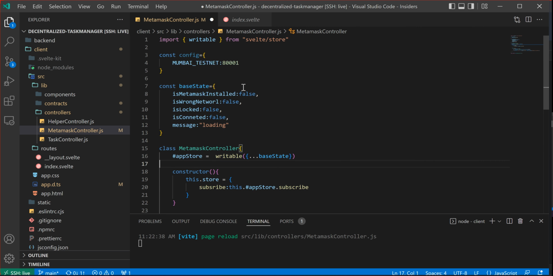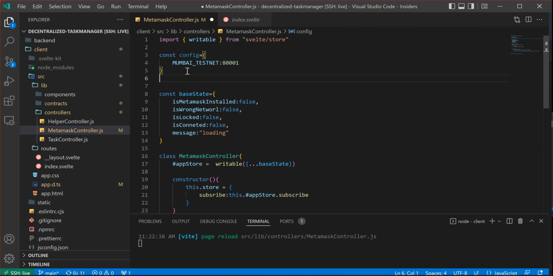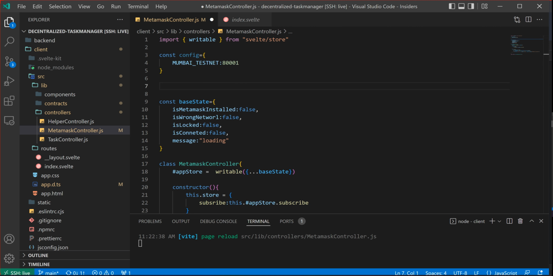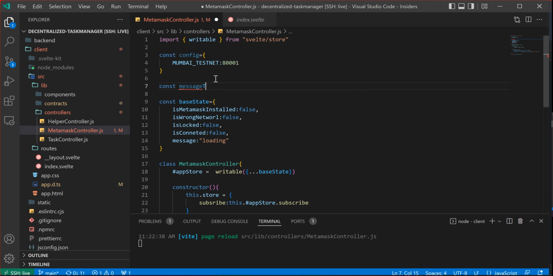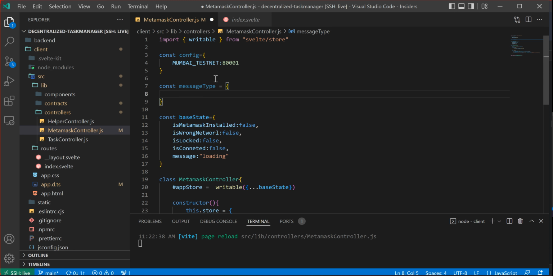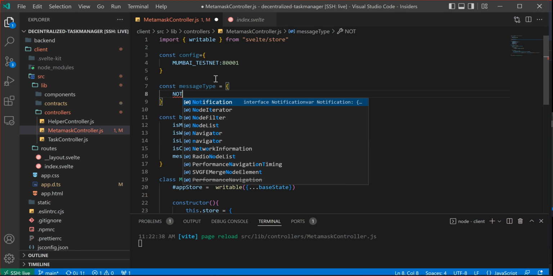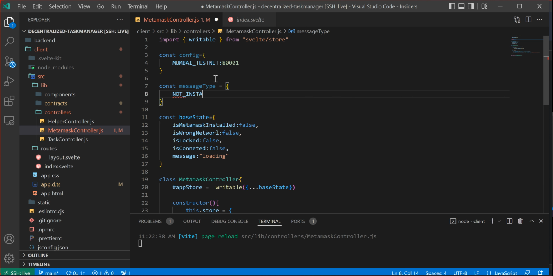And even for best practices, I also want to destructure my messages so that you don't have to repeat it over and over again. So I will have a const message type equals to. Then on the message type, I will have not installed, which is MetaMask